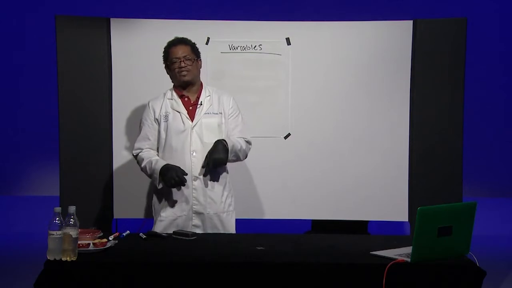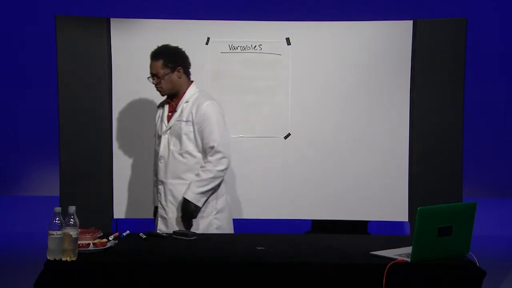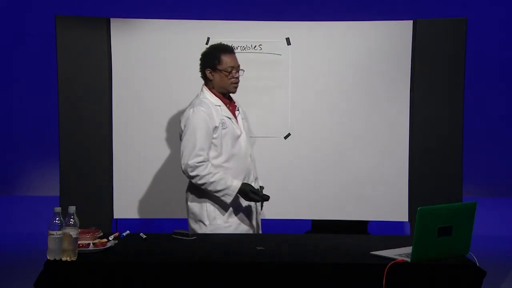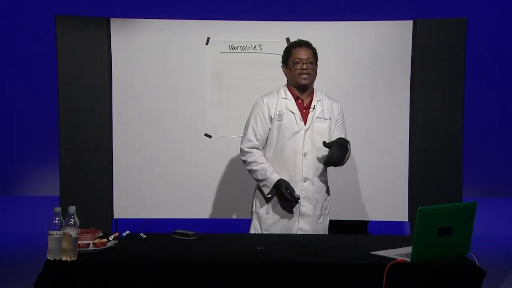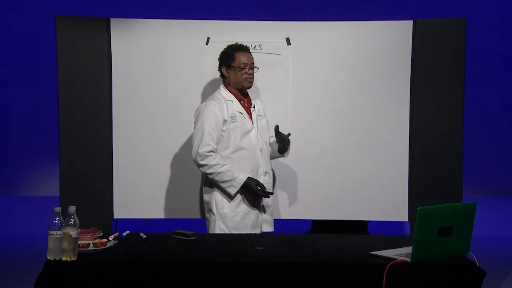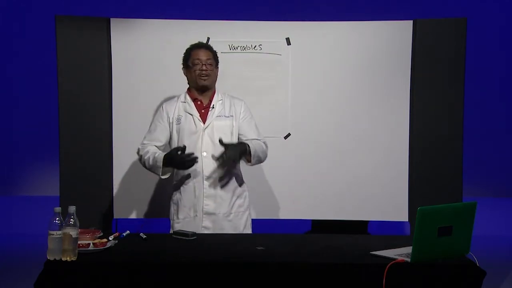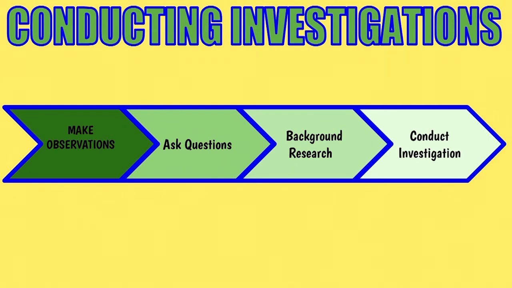Now, let's get back to what happened to my apple. So we're going to conduct our own little experiment here. But we want to make sure you understand the process. We ask questions, or we make observations. We ask questions. We have to do a little background research here and there. And then we conduct this investigation. So remember